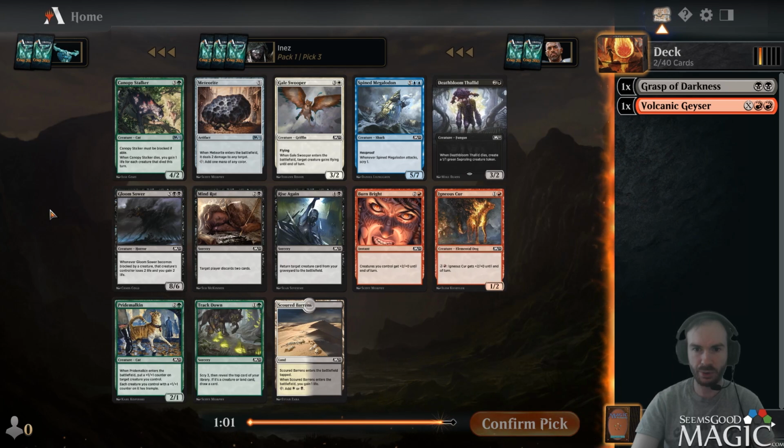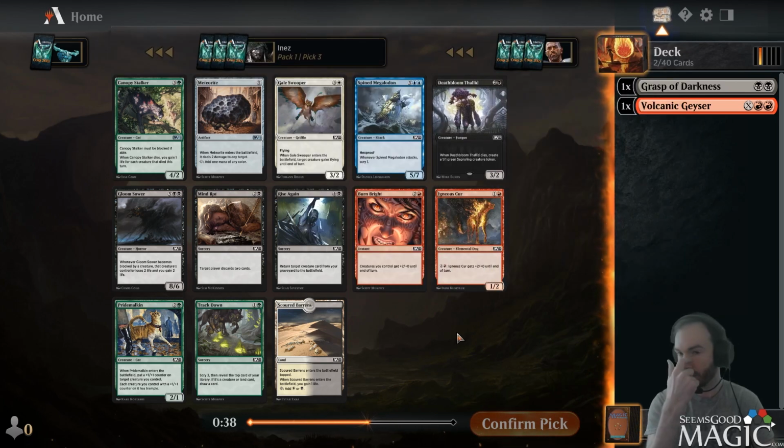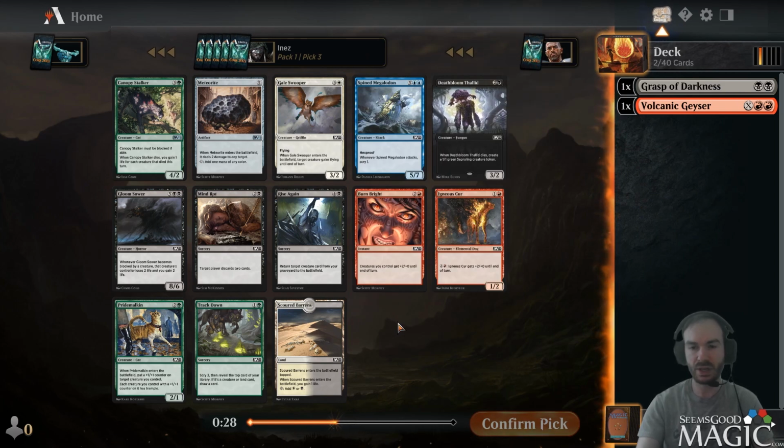Pick 3. So now we have nothing amazing. Might be a Deathbloom Thallid pick. The red-black deck probably has some sack synergies, and Deathbloom Thallid's a good sack target. You do have that Warmonger uncommon card, so that would be good with the Thallid. Otherwise, there's Gale Swooper in white. It's still early, so we could...